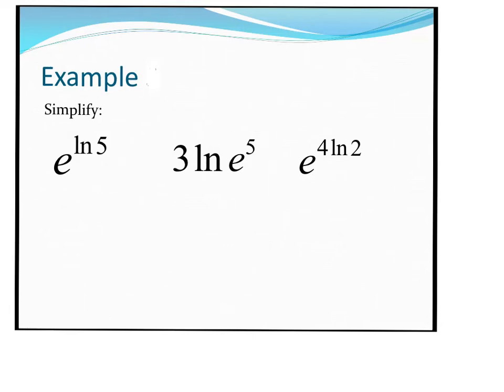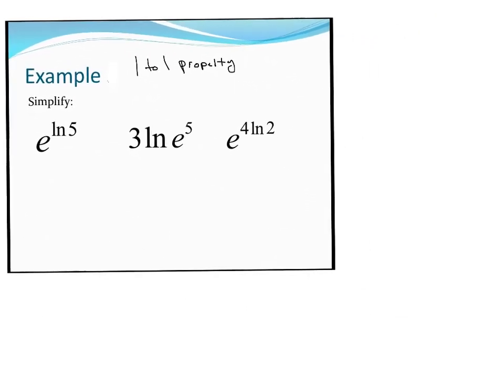Okay, so in this example, we're going to look at our one-to-one property dealing with natural logs. So what I'd like to do first is I'm going to shrink this. We'll do these examples in a second, but we also did a few things where if I had 10 with just our regular common logs, 10 raised to the log base 10,